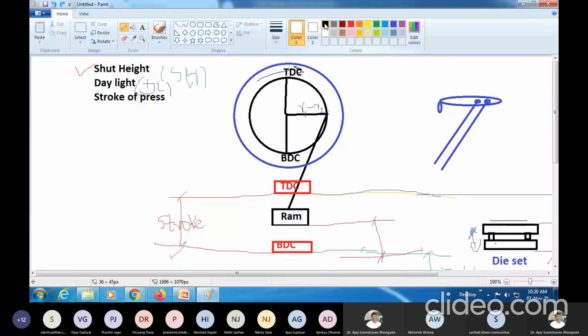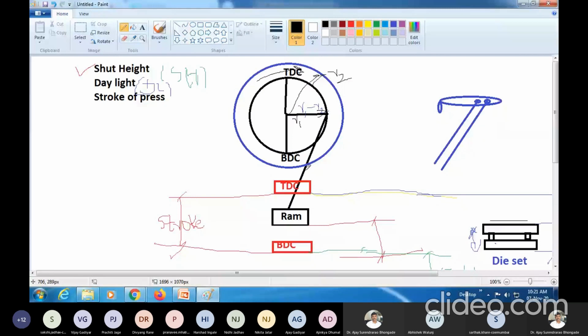This particular distance is R2, and the smaller one will be R1. So we can get different types of stroke.